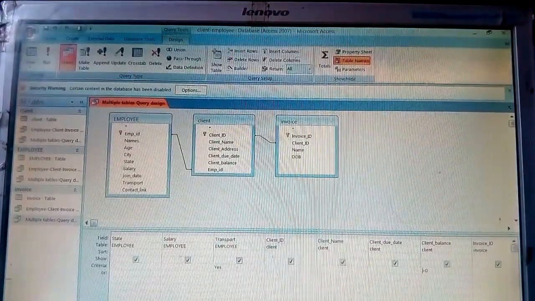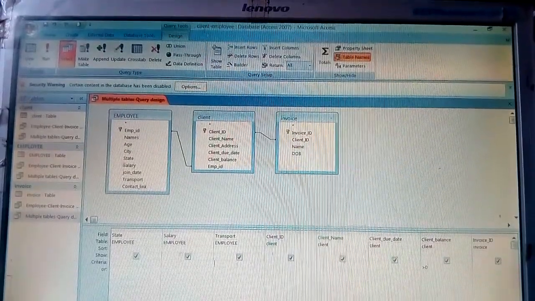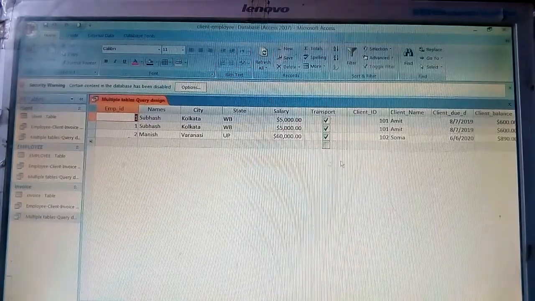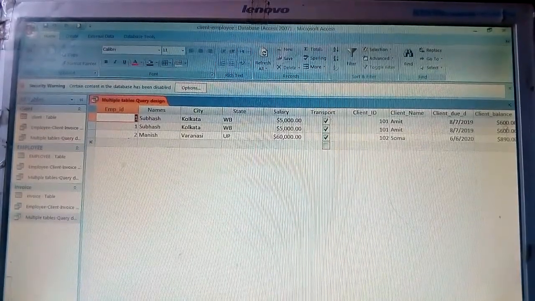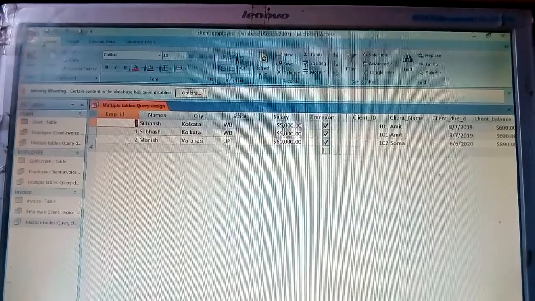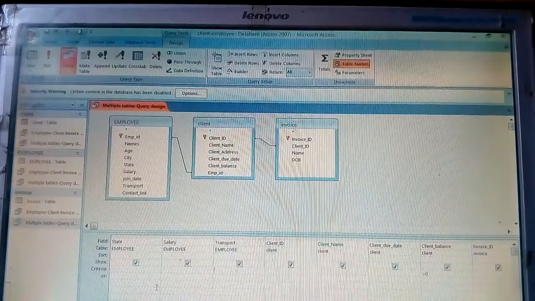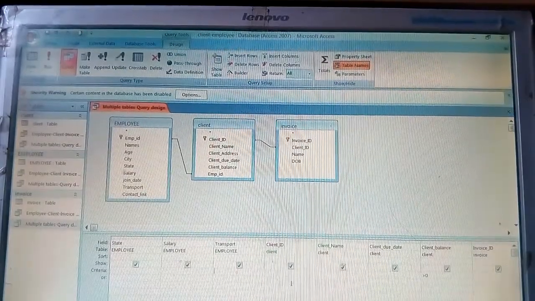If you suppose do nothing here, then let us see, run, then also 3, that means greater than 0 is this 3. Here you go to the transport employee.